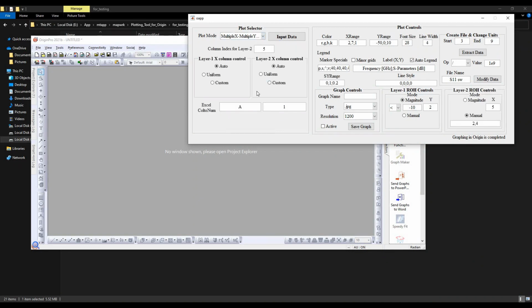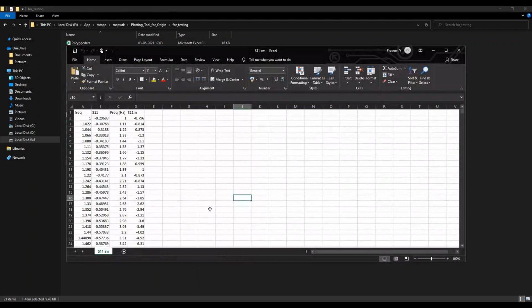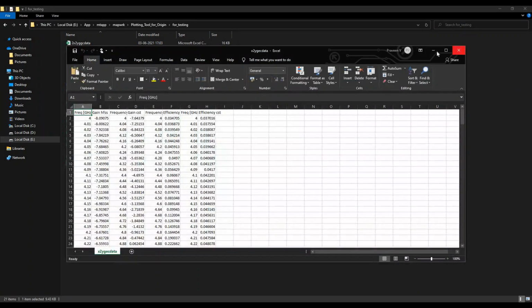multiple X and multiple Y. It was like a gain and efficiency plot where you plot the gain on the left hand side and efficiency on the right hand side. And one such example is X2Y GC.